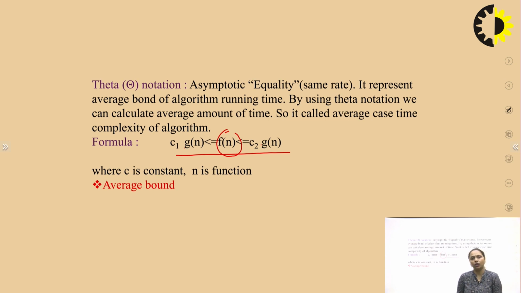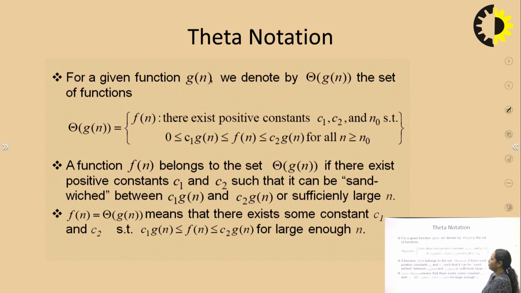So, whenever we are talking about growth rate terms, we can define big O, omega and theta as slow rate, fast rate and same rate. And whenever we are talking about complexity in terms of worst, average and best, we can say big O resembles the worst case, omega resembles the best case and theta represents the average case. In this way, we are using these three different asymptotic notations to represent our time complexity. Generally, these are the three different methods for calculation of the time complexity.